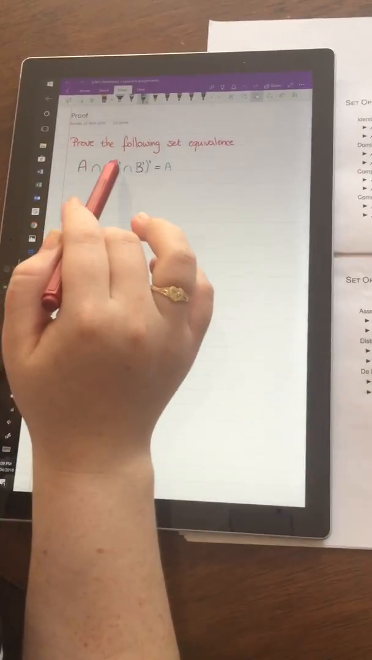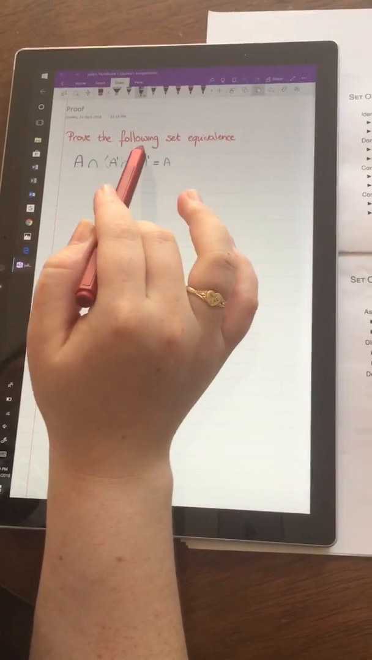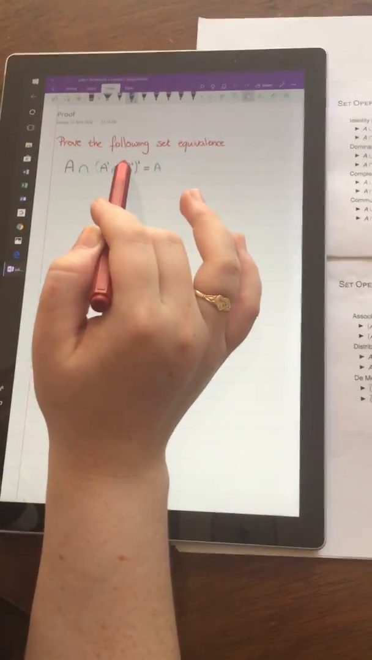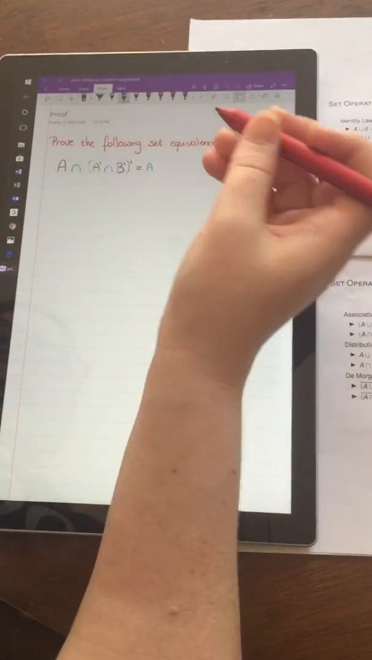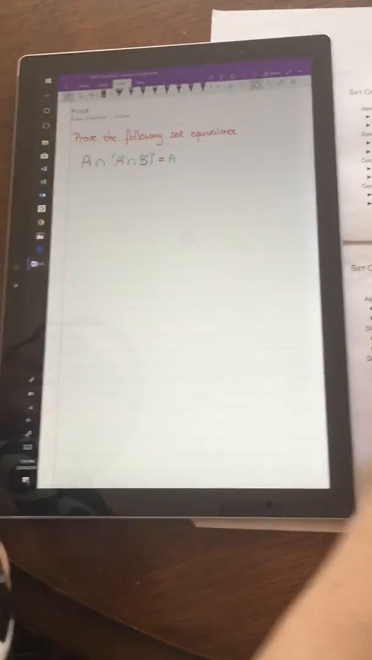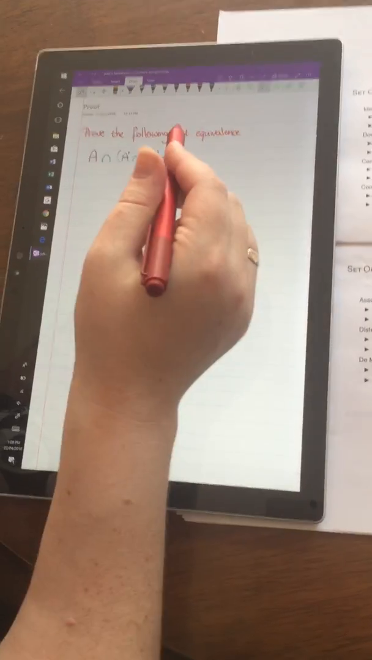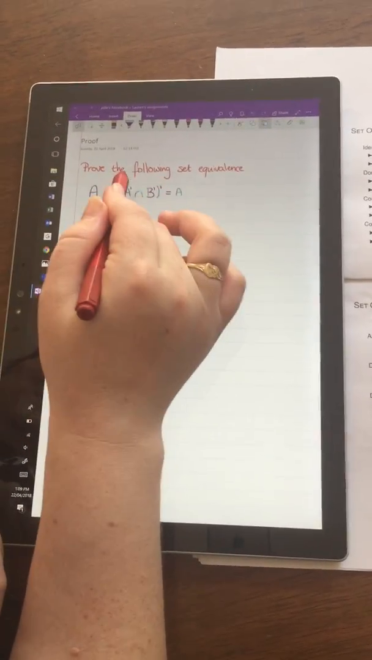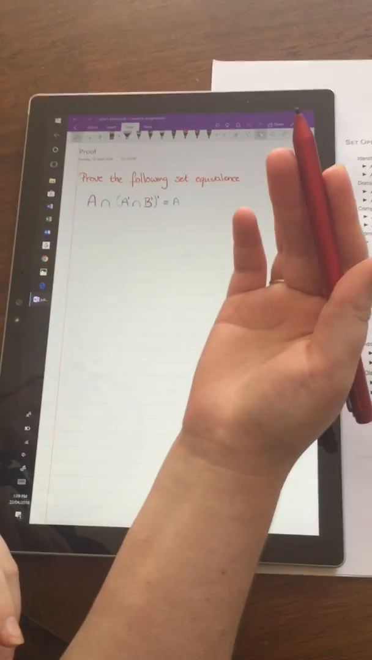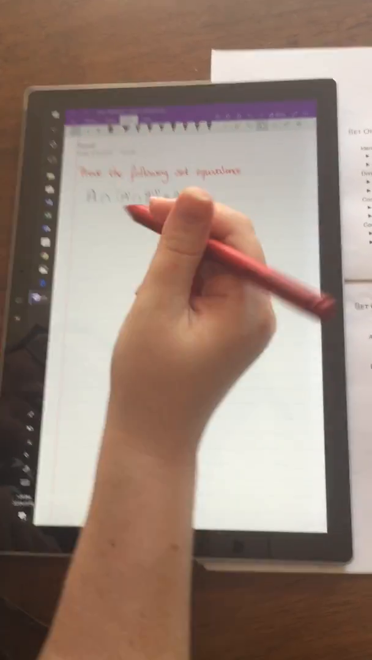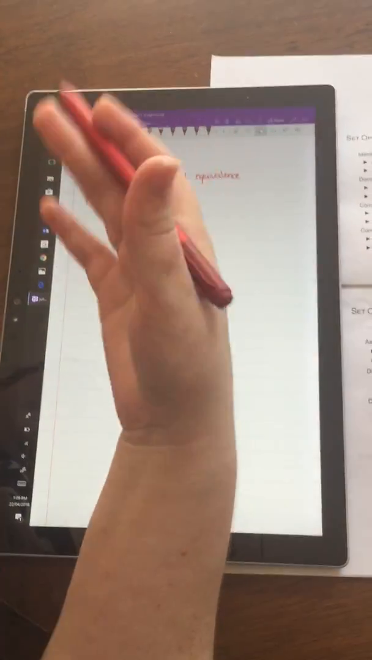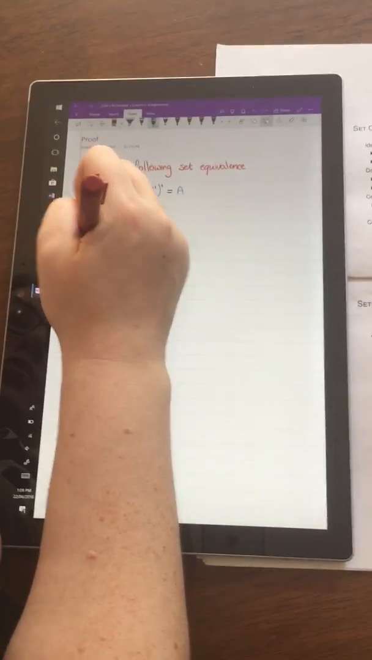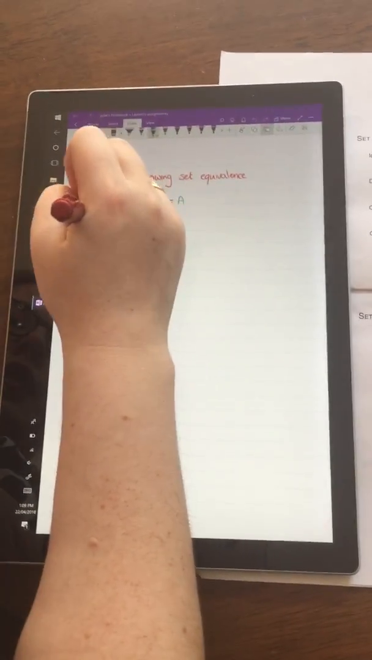I'm going to prove that A ∩ (¬(¬A ∩ ¬B)) equals A. The best way I find when doing sets is to show myself that this will equal A with Venn diagrams, just so I can get an image in my head of what it is and how it actually works. So, the best way to do that is